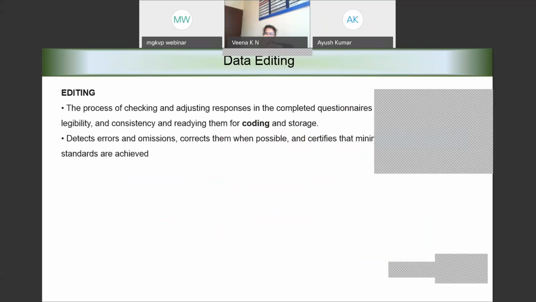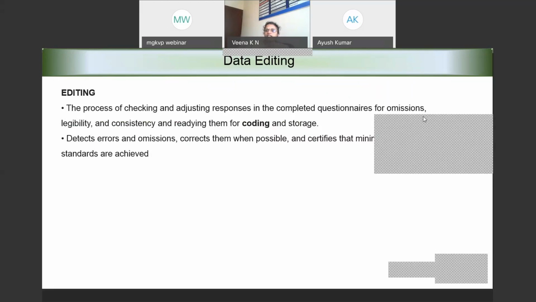So how do we understand the word data editing? Data editing is the process of verification or scrutiny of the available data which we have collected through questionnaires, observations, interviews, schedules, or whatever tool you have used for data collection, for legibility, for accuracy, and finally for coding of the data, so that we get our data prepared for analysis. As I mentioned earlier, it helps us in doing the analysis.